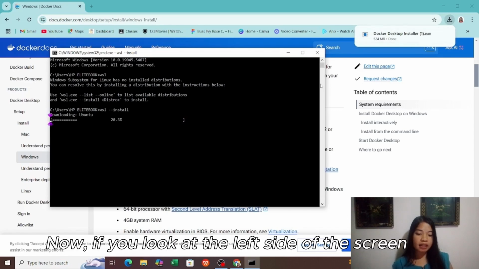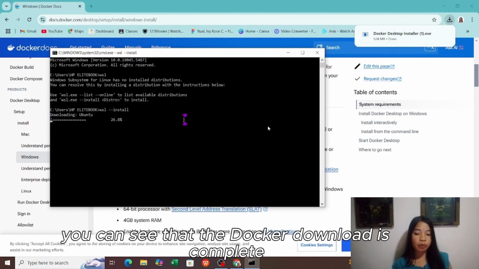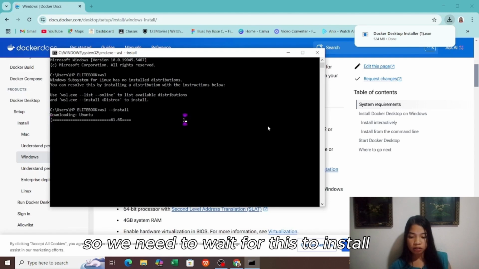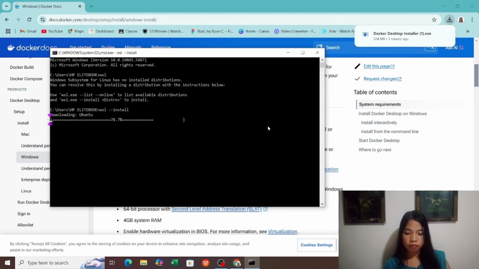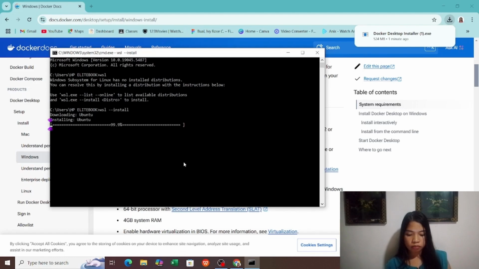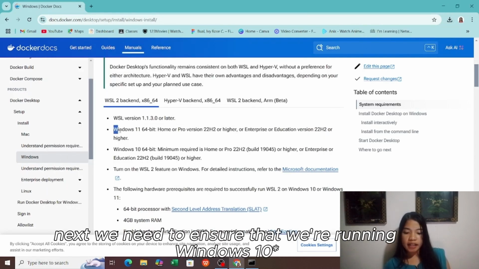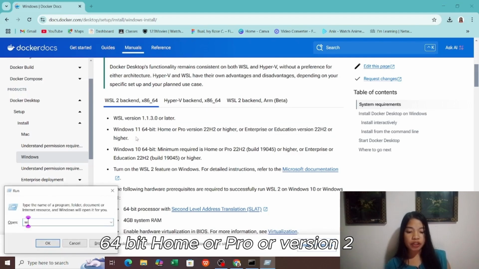Now, if you look at the left side of the screen, you can see that the Docker download is complete. But before that, we need to finish the system requirements first. So, we need to wait for this to install. Okay, it's done. Next, we need to ensure that we're running Windows 11 64-bit Home or Pro, or version 22H2